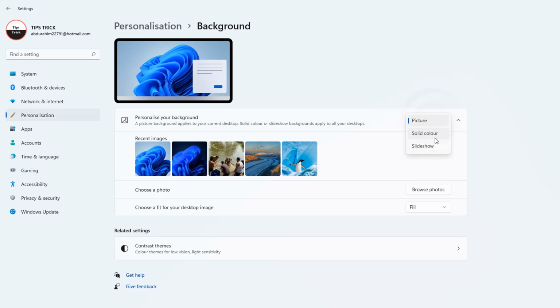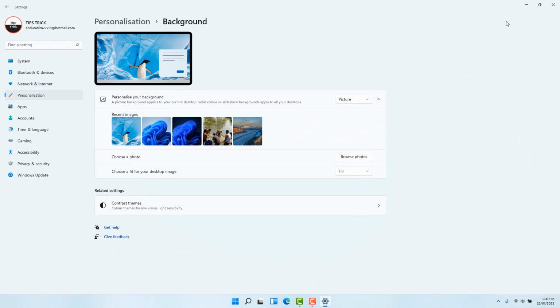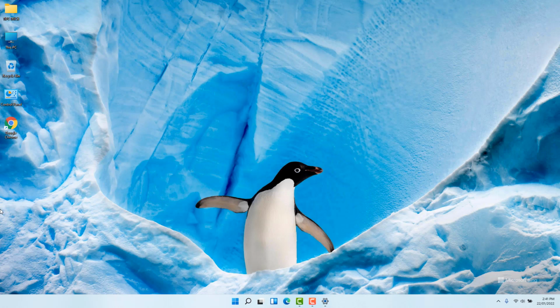There is a bunch of options. You can choose picture, solid color, or slideshow. For example, if I choose the picture, a picture preloaded by Windows 11 will appear. You can easily choose any picture from here. For example, I would like to set this picture. If I set this picture, you're going to see now in my Windows 11, a new desktop background appears, which